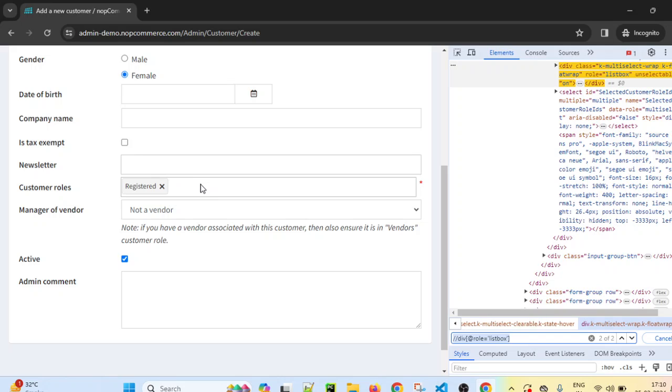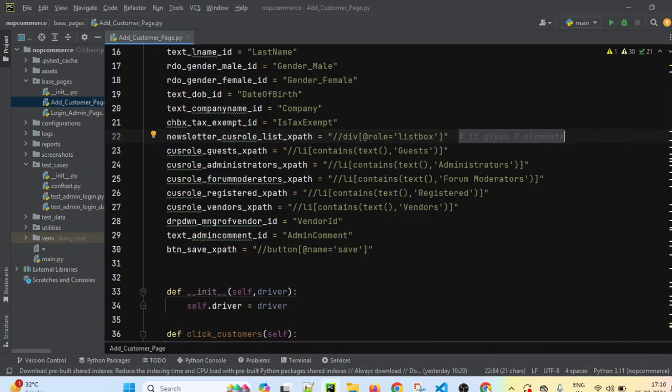So this will highlight the second one and this is the first one. That's why I have used list XPath. This variable I'm just putting here, and in the next step I will show you how I have used that in the list, and how I am fetching the value for newsletter and the second value for customer roles.